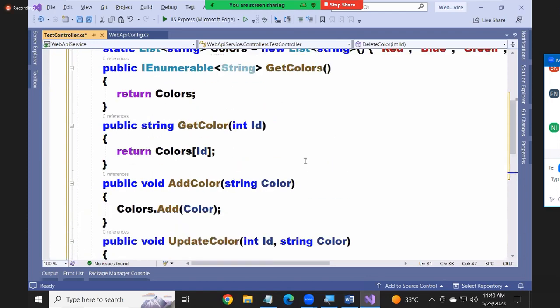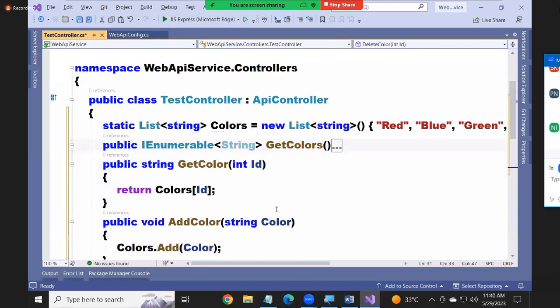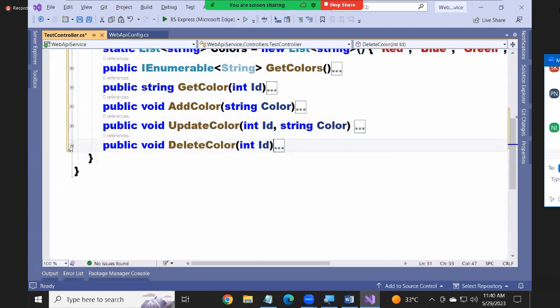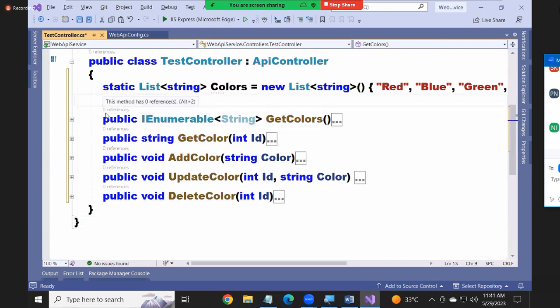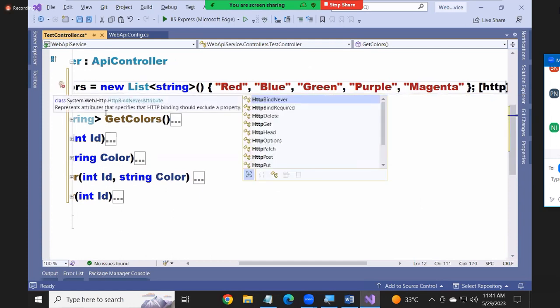Now, how many methods are there? There are 5 methods. Yes or not? Get colors, get color, add color, update color, delete color. Now see, they are the 4 CRUD operations. The first two are to do select. The third one is to do insert, update. Correct now? Okay. Then what you do, to tell this method is a select, write HTTP,